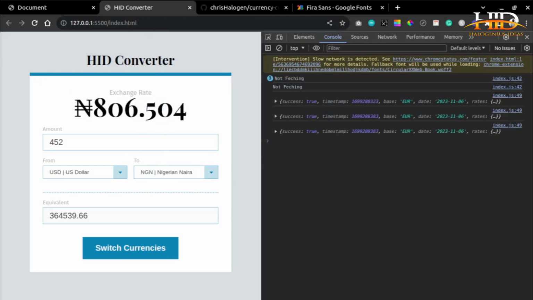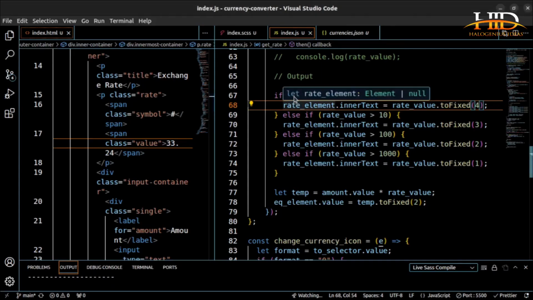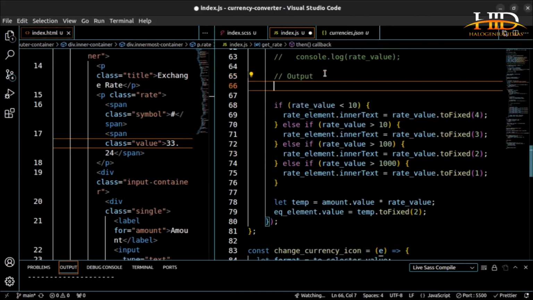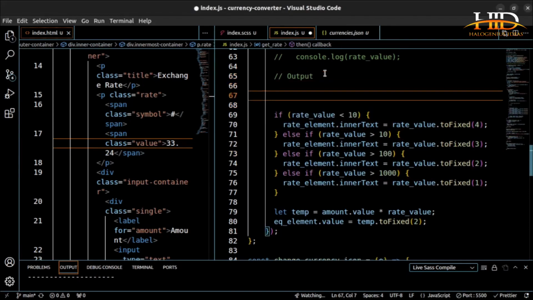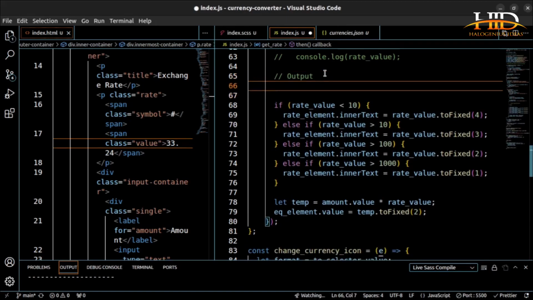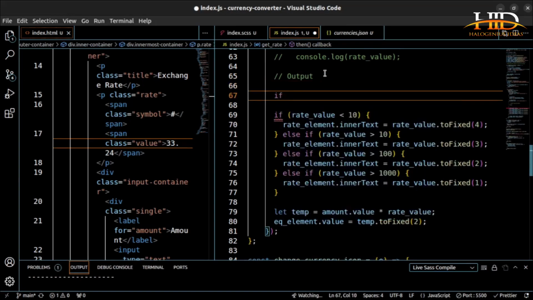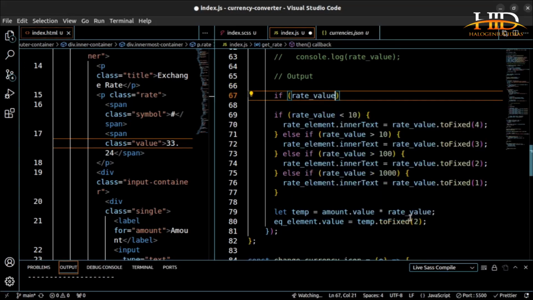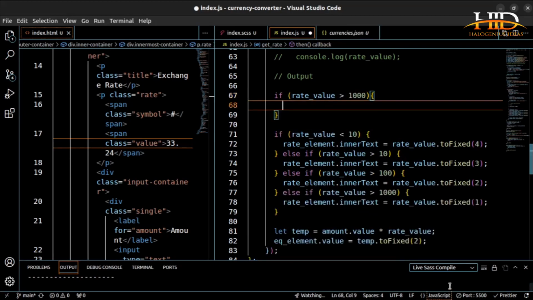Something is wrong somewhere, and this is where something is wrong. Okay, let me go from down up. If the rate value that I calculated is greater than 1000, I think this is the correct way to do it. Then